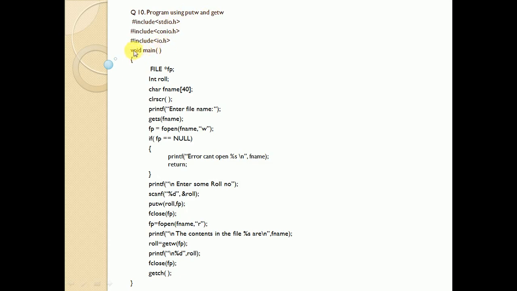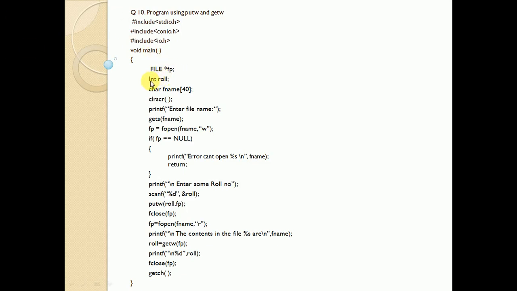Now here I have taken the main function which is having the return type called void. Void is what? Return type. And this is the main function which is having the opening and closing parentheses. So now the next is what? FILE *fp. As you know, FILE gives the structure of a file where FILE is having one variable called *fp. What is meant by *fp? *fp is a pointer, a file pointer. Which type of variable it is? It is a file pointer.